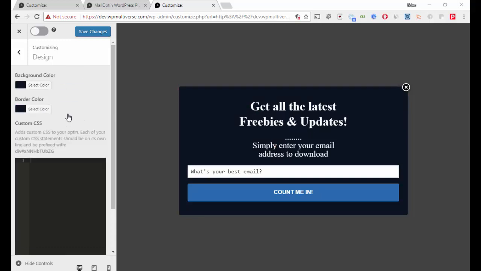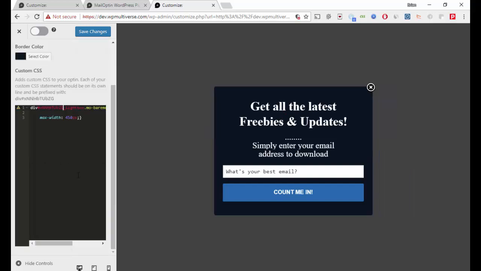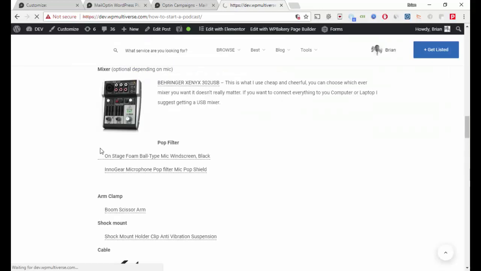Then the last thing I'm gonna do, because I know a bit of CSS, is here it's telling me to edit this form. If I use this code here, I'm just gonna set the max width to 450 pixels because I think it looks a lot neater. Okay, and that looks really good. So I'm gonna go ahead and save the changes. Okay, and I want to make this live, so I'm gonna go ahead and click active. Okay, and then if I go on the home page of this testing site that I've created,